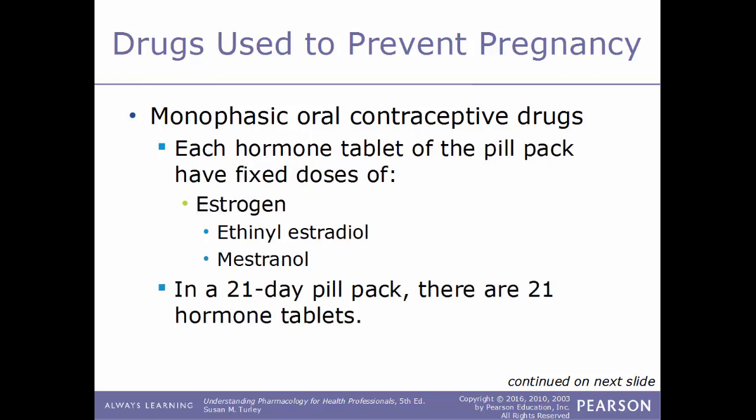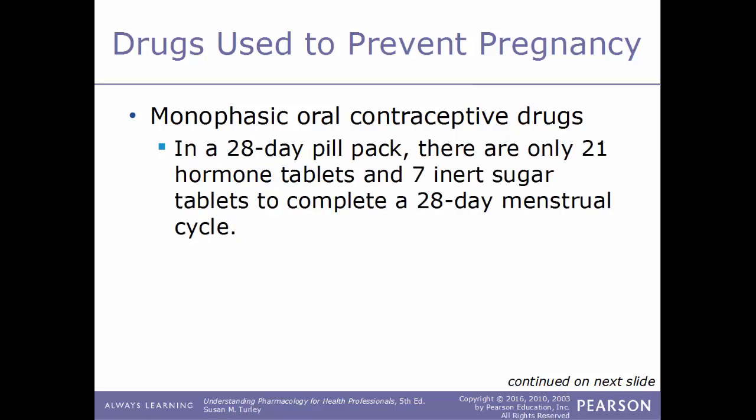Some examples of drugs that would fall in the estrogen category would be ethinyl estradiol and mestranol. So each pill will have a fixed dose of one member of each of these categories. Now in the 21-day pill pack, there are 21 hormone tablets. In the 28-day pill pack, there are only 21 hormone tablets and 7 inert sugar tablets that will complete a